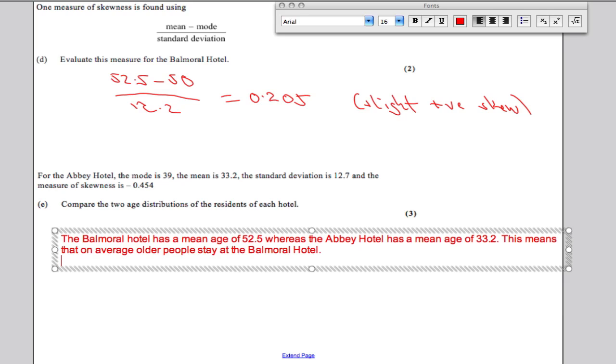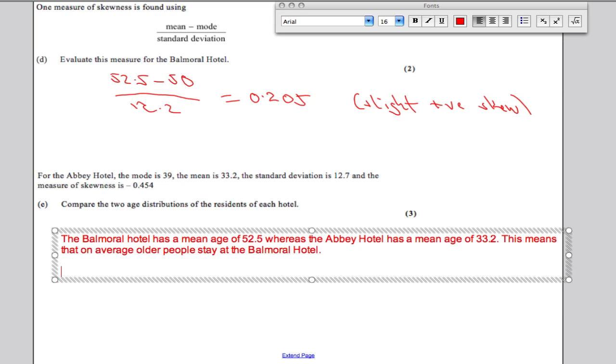I'm also going to comment now on the variance of the data, or in this case the standard deviation. The standard deviation of the Balmoral Hotel is 12.2,